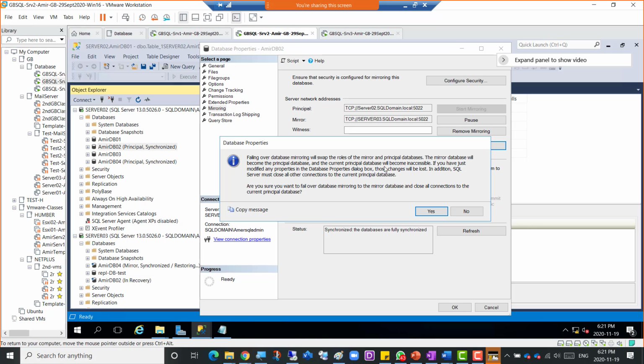And the current principal database will become inaccessible, like end user's connection cannot be then done here. If you have just modified any properties in the database properties dialog box, those changes will be lost. So I didn't make any changes in the database properties yet. In addition, SQL Server must close all other connections to the current principal database. So if any application was connected here, close it when you're failing over. Are you sure you want to fail over database mirroring? Yeah, I'm sure. So I'm just gonna press yes here,